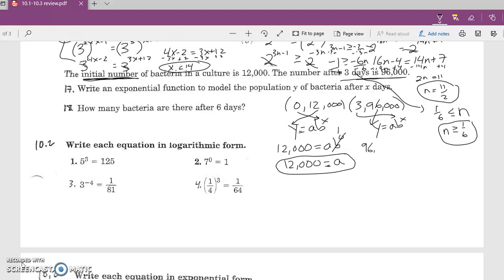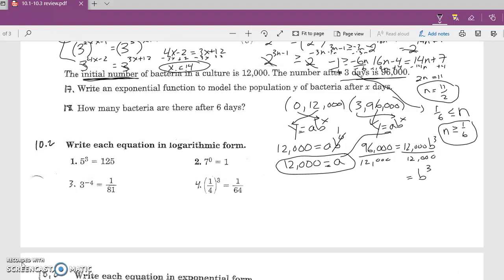So I would go 96,000 equals, and this time I can plug a in, so 12,000 times b to the 3rd power. Now I'm trying to solve for b. So the first thing I would do is divide 96,000 by 12,000. So I would get 8. So if I divide both sides by 12,000, I'm trying to isolate b right now, I would get b to